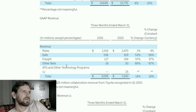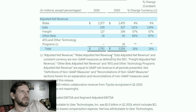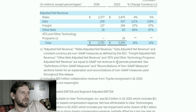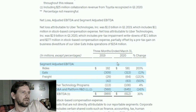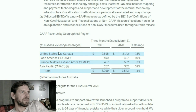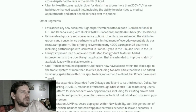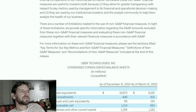Okay, revenue. Total revenue, 2019, 3 billion, 2020, 3.5 billion, so still growing. Net revenue, okay. 2 billion, 2019, 3.2 billion, 2020. All right, negative earnings. Okay. Change in earnings, that's fine. But you can see that, I mean, this company,